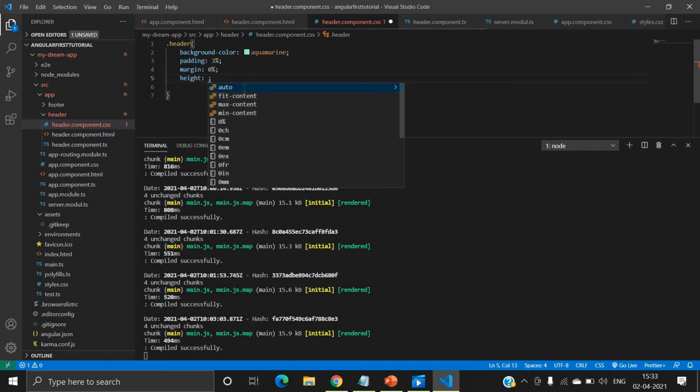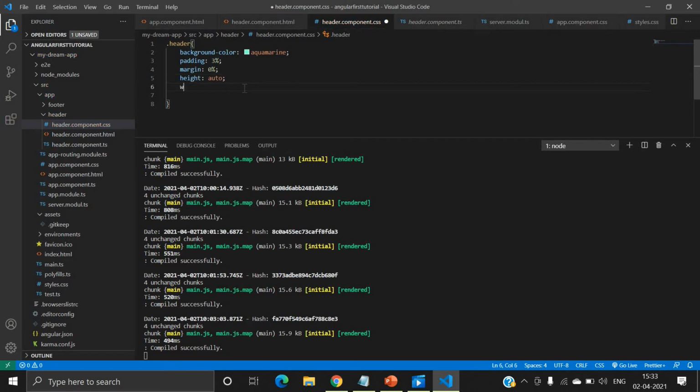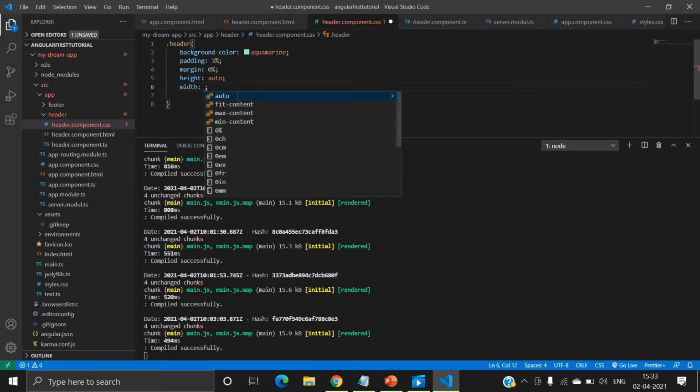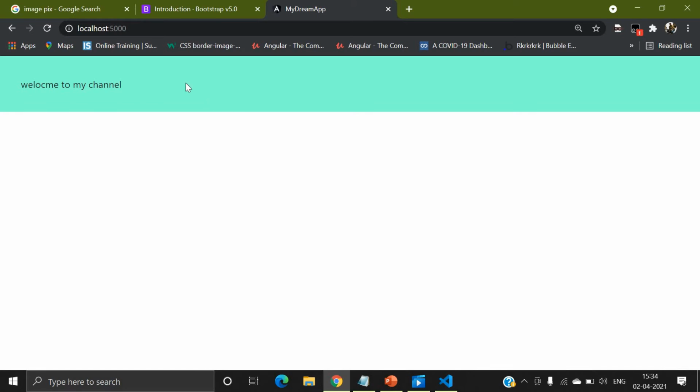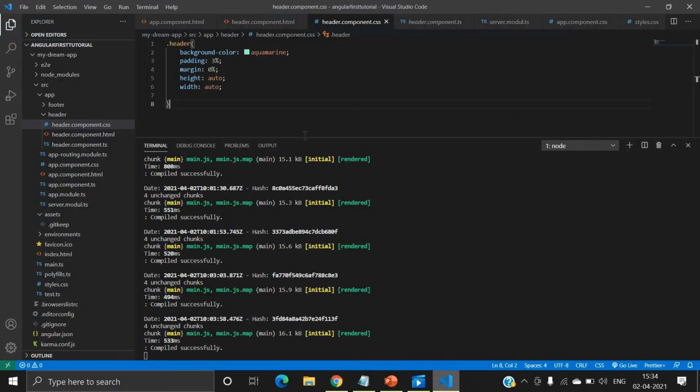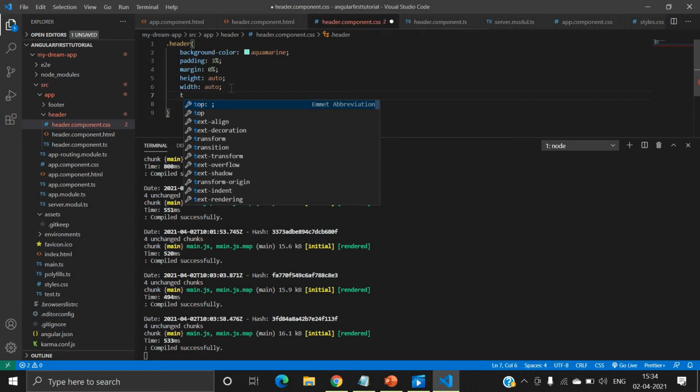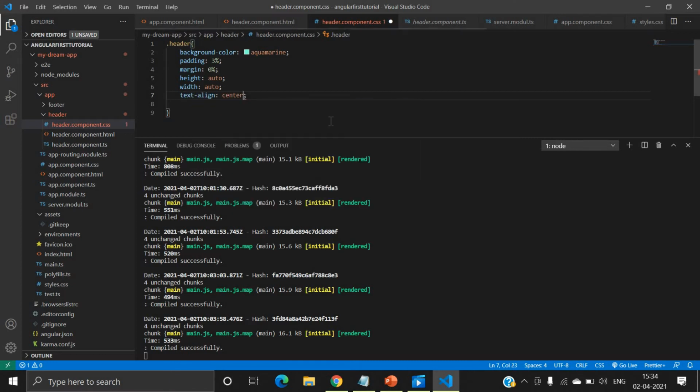Height you can set to auto. Width is auto. Now after that I will save, and now here you can see this is perfect, but now this text is looking bad. So now let's move on. I will display this text in the center, so we will use text-align center.